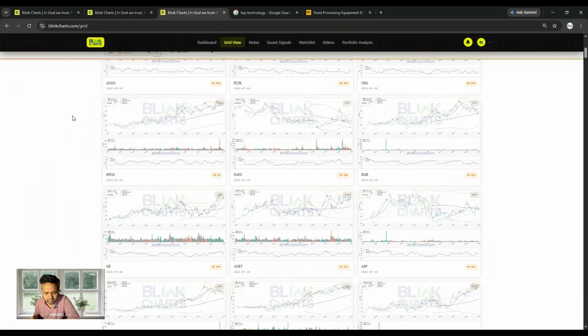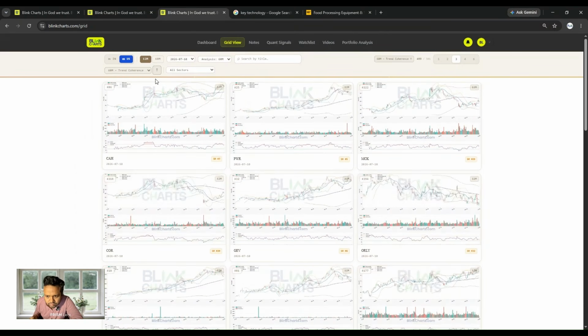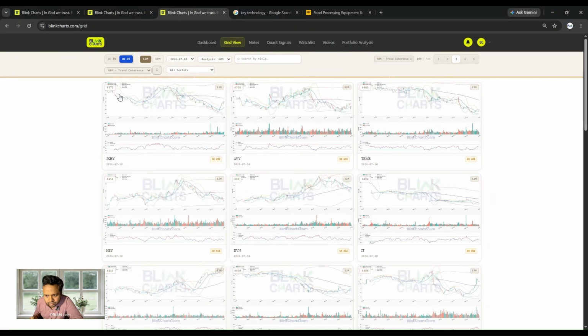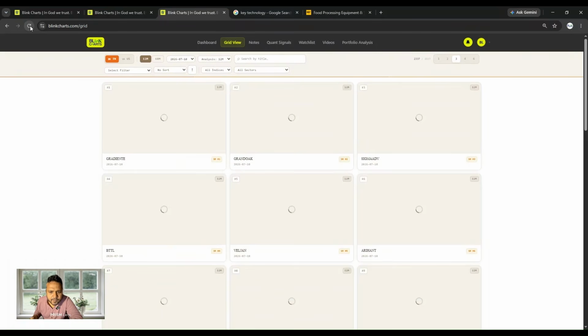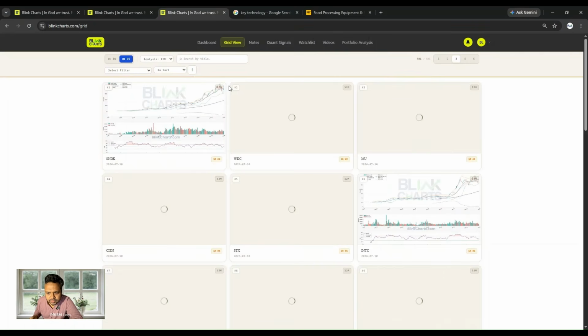So this is how you can use the grid view, right? So you can just quickly see all the